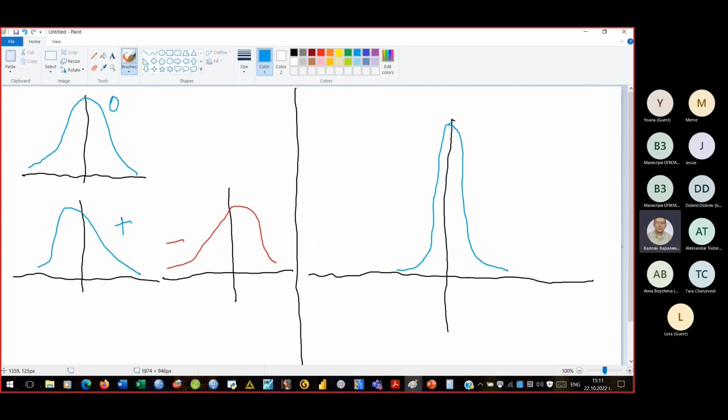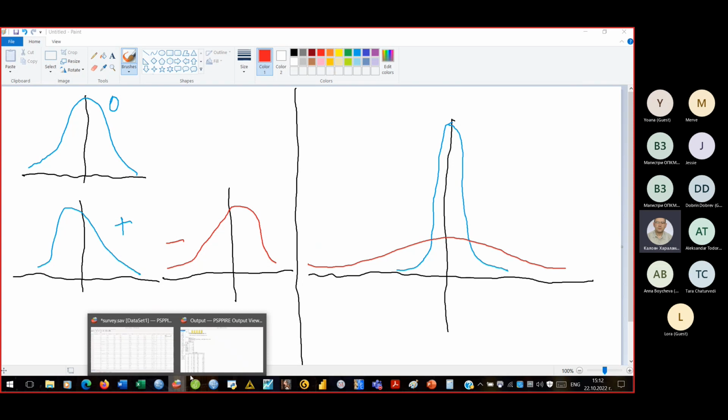The top of distribution is very high. And the second possibility is flat distribution. The top of distribution is very low. And also, we can see the kurtosis of distribution by the signs